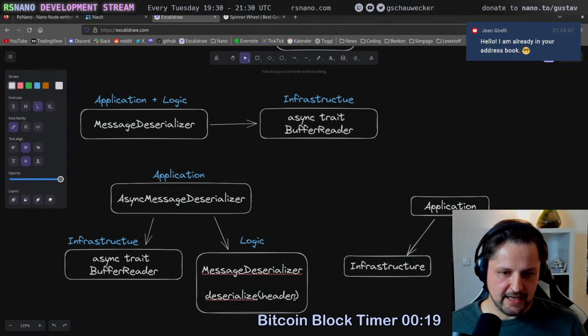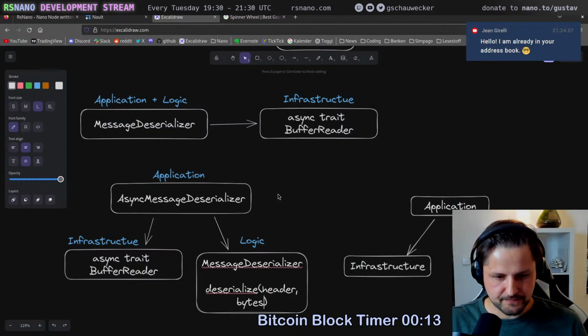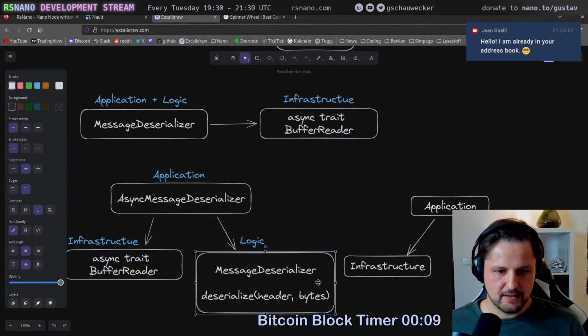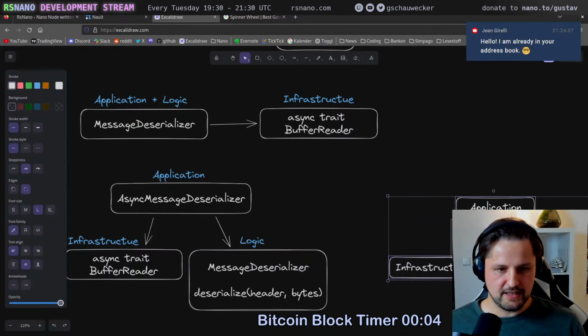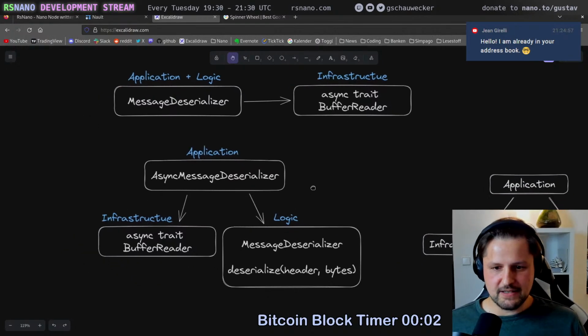It would get the header, and it would get a byte slice. And with this setup, let's move that to the side. So with this setup here,